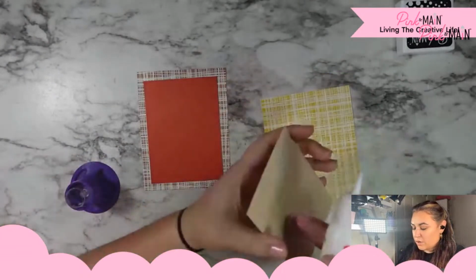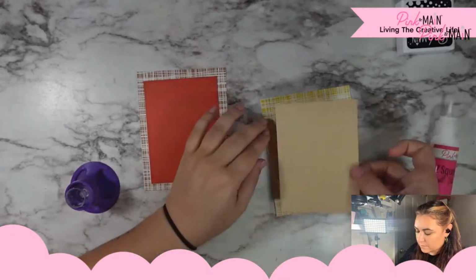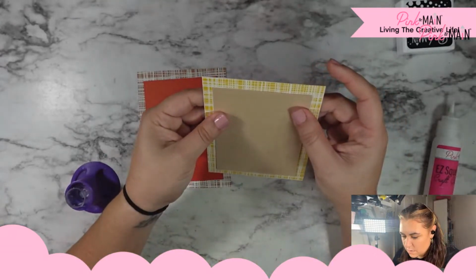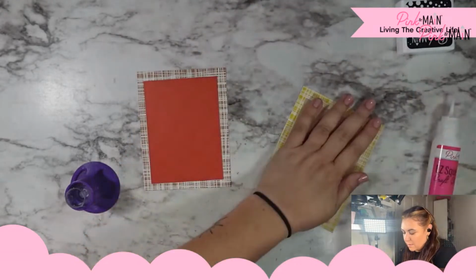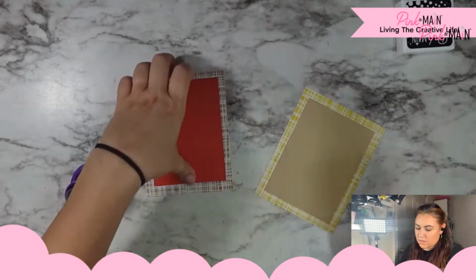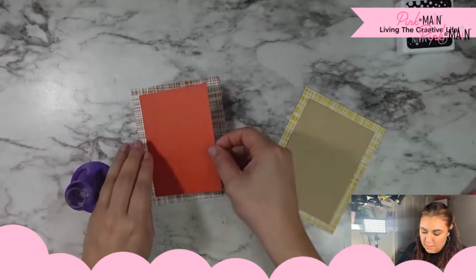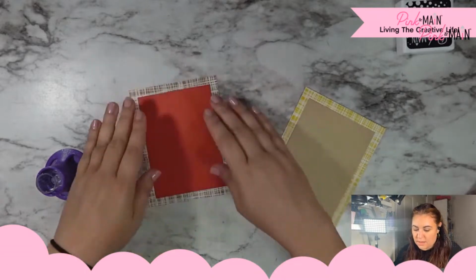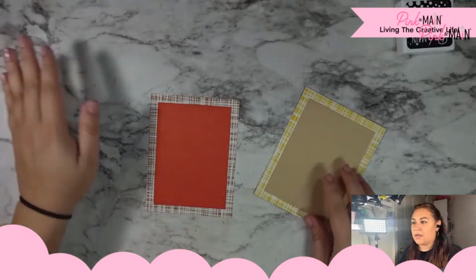I'm going to go ahead and glue these smaller panels down flat while I'm thinking about it now, because I'm going to pop up my mice with foam, I already know. And we'll stamp our sentiment down directly. And we'll probably do some grounding coloring for our little mice images so that they're not just floating in space. But for the most part, our backgrounds are going to be pretty simple. We're just going to let the color and the pattern kind of carry everything. I don't have intentions of adding any